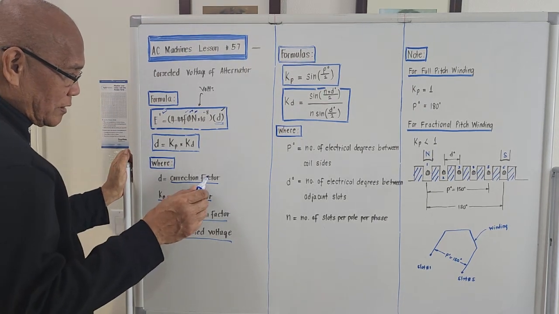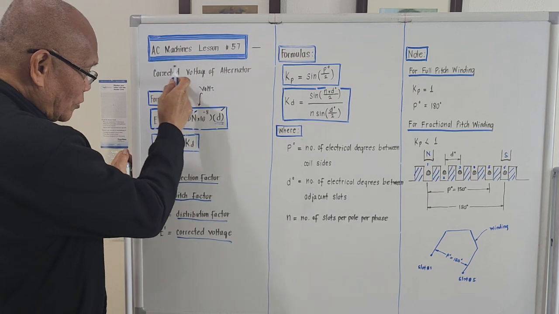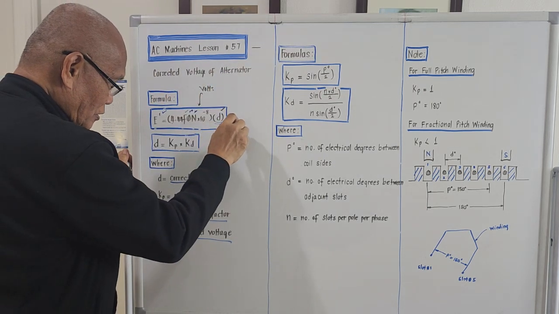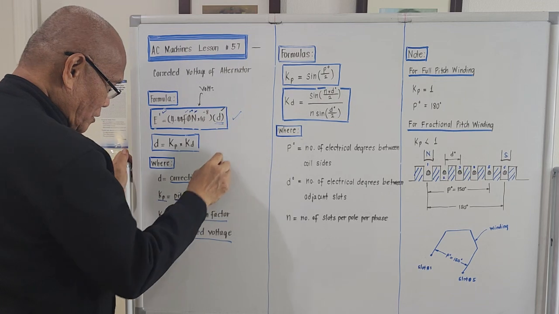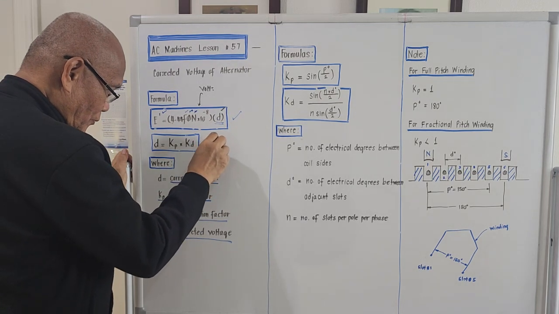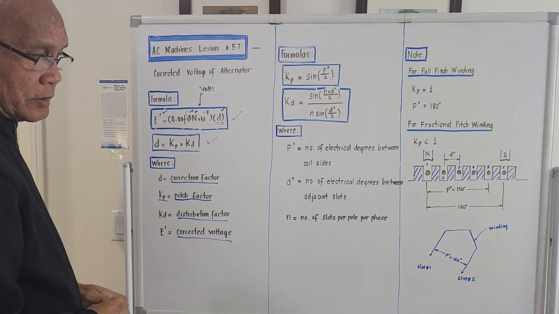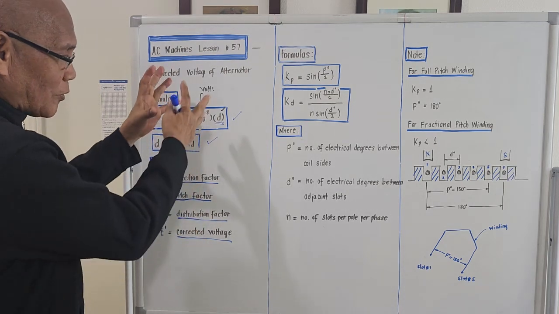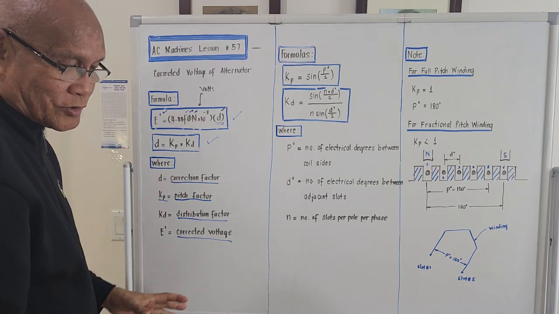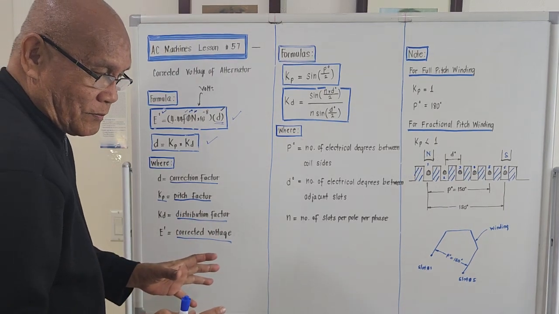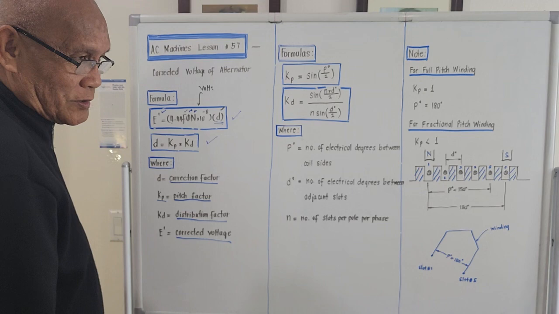So these are the needed formulas under the corrected voltage of alternator. This is the formula for the corrected voltage, and this is the formula for the correction factor. Okay, these are formulas, so it seems we are now on the study of machine design. Because